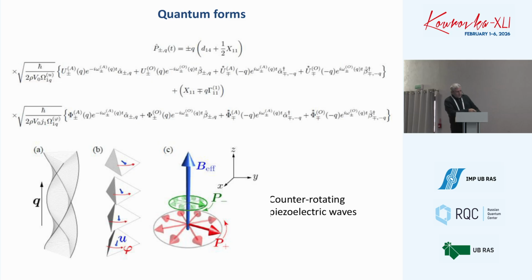This cartoon shows how physics evolves when elastic waves propagate along the axis. It will generate two oppositely rotating polarization fields, plus and minus, and I will demonstrate now that it will cause a longitudinal